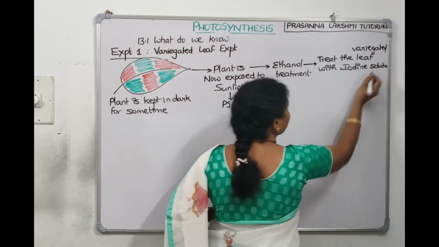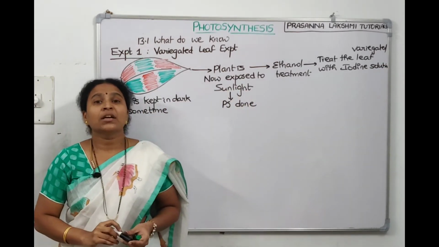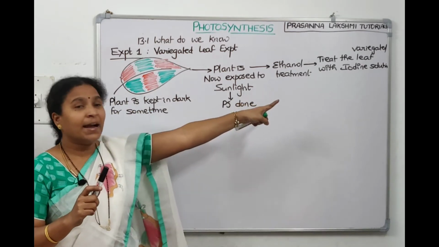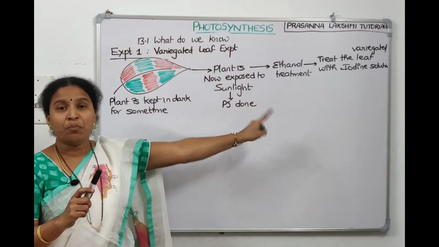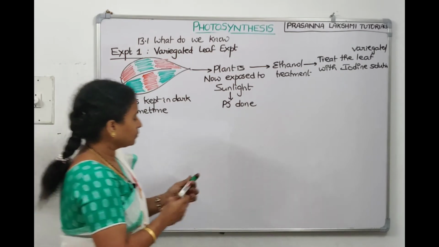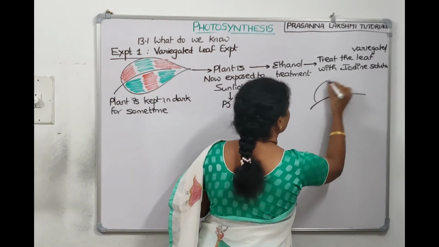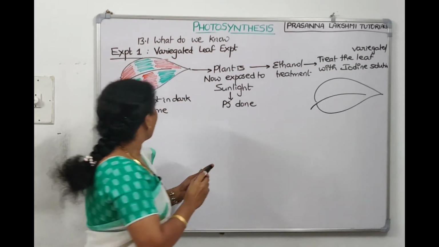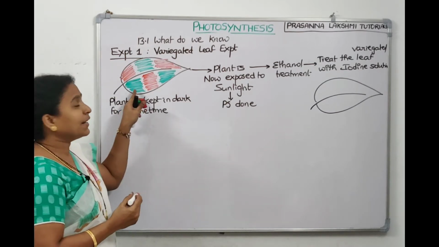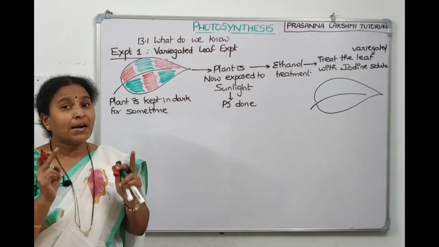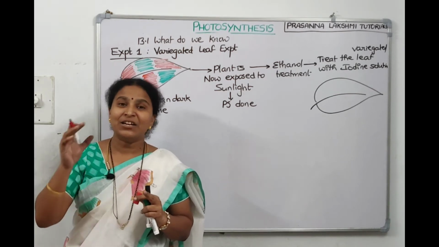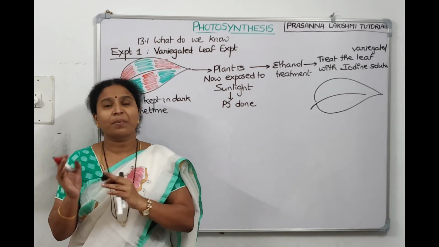Now we know that iodine reacts with starch and changes the color. If photosynthesis is done, starch will be there. That starch reacts with the iodine you have given, and it changes the iodine into a blue colored solution. Then they saw that this is the leaf, right? What they have noticed is that the green colored parts get exposed to the sunlight, and only the green parts of the plant have chlorophyll. That chlorophyll can trap the sunlight and convert it into ATP. That ATP can convert carbon dioxide into carbohydrate.